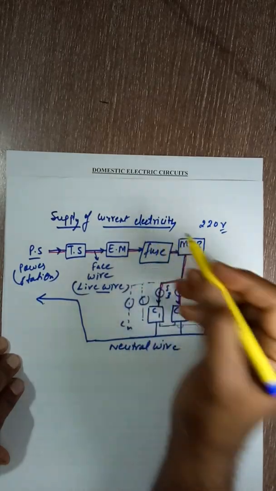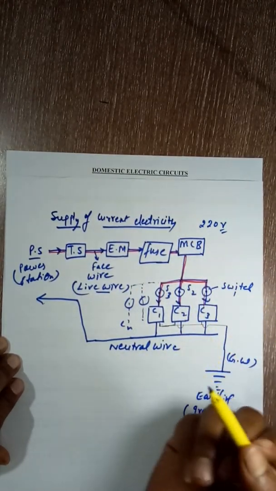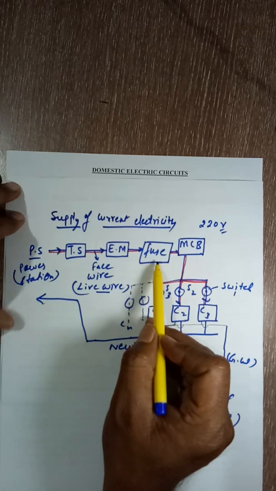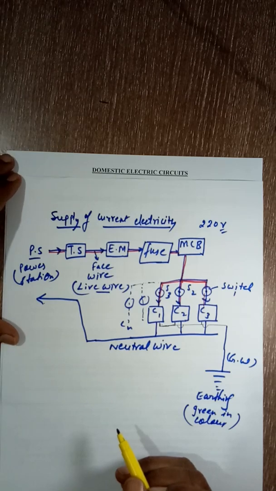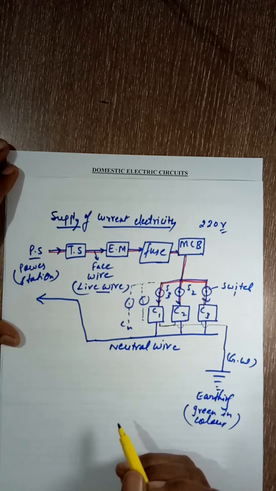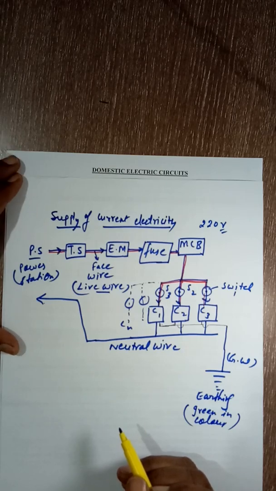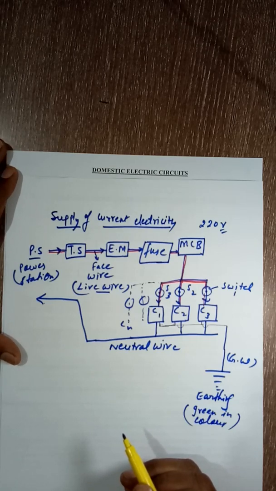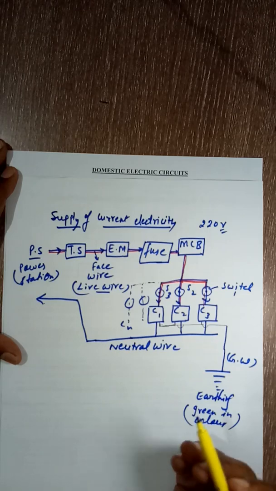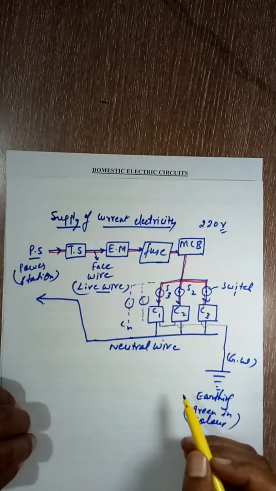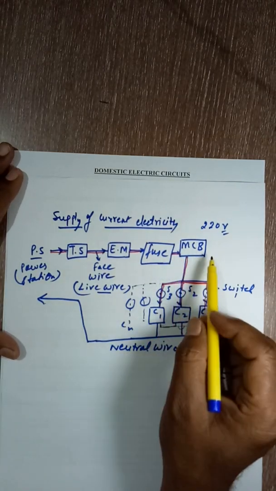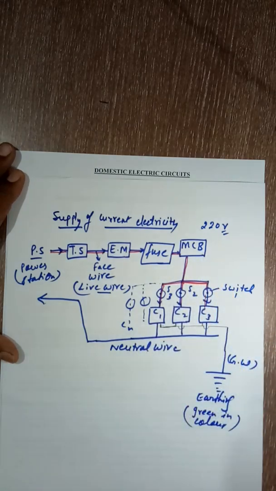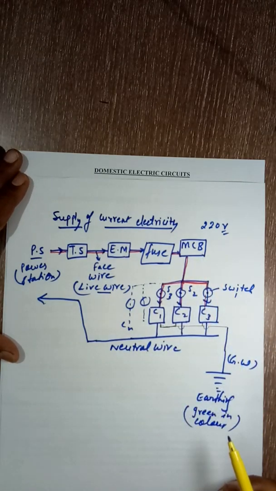Now about fuse, already I had taught you about fuse, right? Fuse has also a wire which has very low melting point. So in the event of high current, it gets heated and melts, and hence breaks the circuit. So fuse and MCB both have the same work, but MCB is more reliable. We need not change the wire again and again, and it is easy to handle as well. So this is what the common electric circuit at our house is.